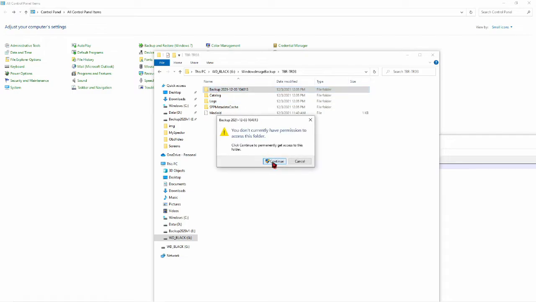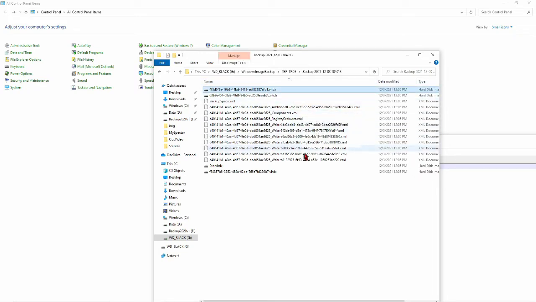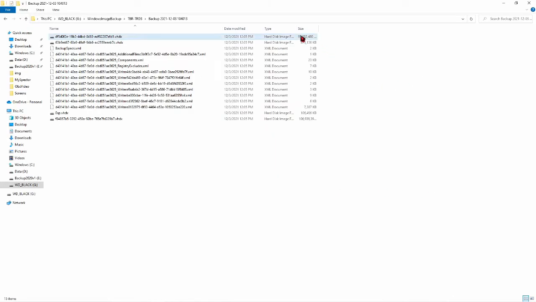Let's look at this. Okay, so here there is a files. VHDX file, component, okay. So we have files like this, which take the data.